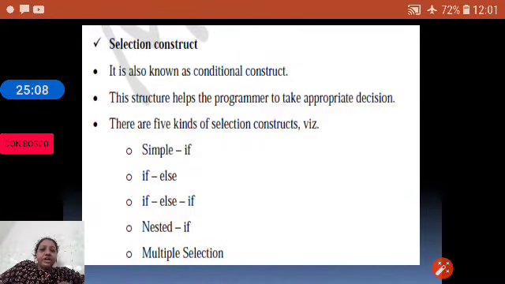And we have 5 selection constructs: simple if, else, if, nested if and multiple selection. So let's check out each one of them in detail. Let's start with simple if.